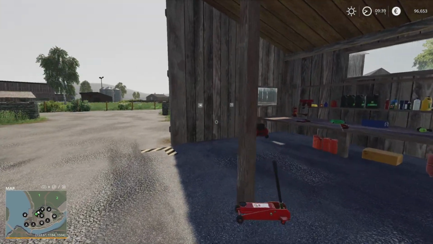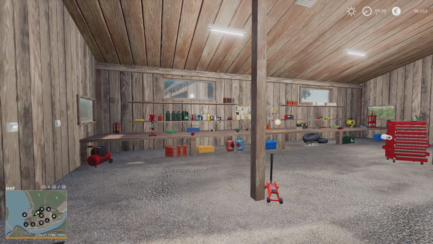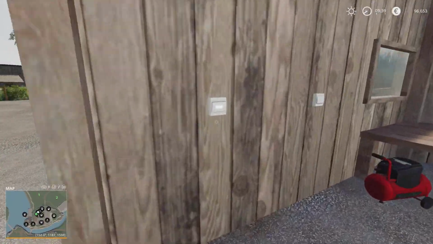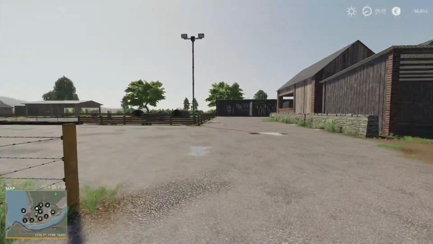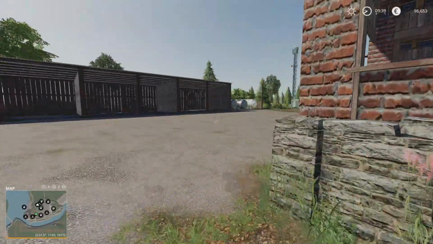It always amazes me the level of detail that Jim gets onto his maps with such a low slot count. He is an absolute master at it. So from here, like I said, pigs, sheep, chickens, cows, all 500. We've got loads of barn and building space around here. When we come round,